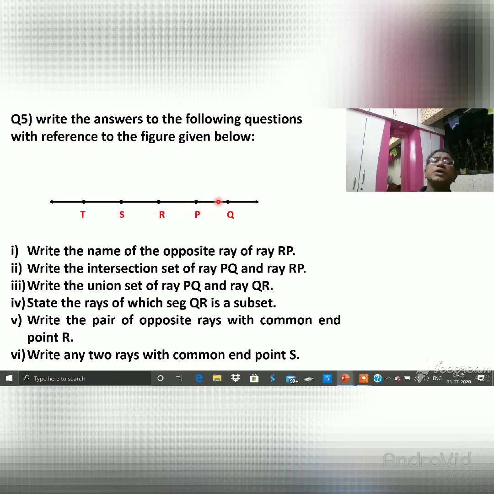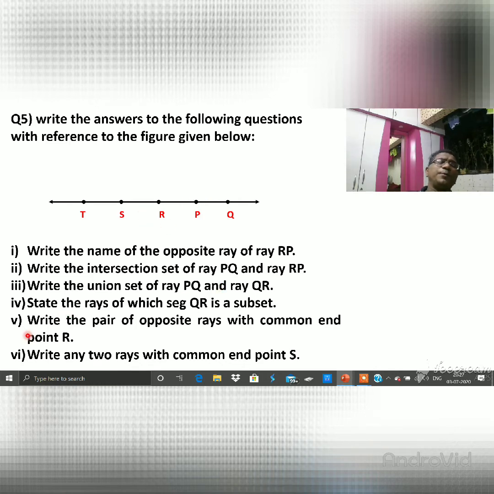Which is another one? बघा दुसरा कोणता होऊ शकतो? QS होऊ शकतो. का होऊ शकतो QS ray? QS ray सबसेट होऊ शकतो का? कारण QS ray मध्ये Q येतो, P येतो, R येतो. हे सगळे एलिमेंट त्या QS मध्ये येतात. म्हणून QS ray चा आपण हा सबसेट होऊ शकतो. QS चा सेगमेंट QR सबसेट होतो. अजून कोणाचा सबसेट होऊ शकतो बघा. तर QT चा QT रे आहे. या QT रे चा तो सबसेट होऊ शकतो. कारण QT रे मध्ये सुद्धा Q आहे, P आहे आणि R आहे. Do you understand? So it is the subset.